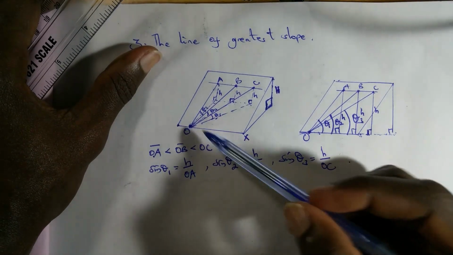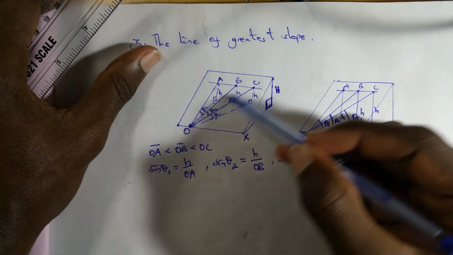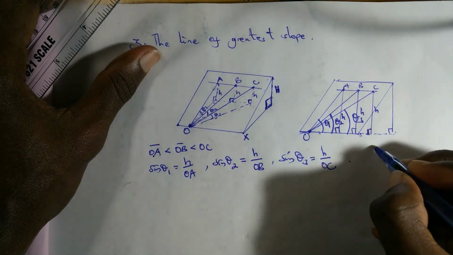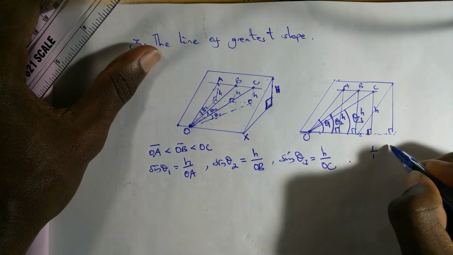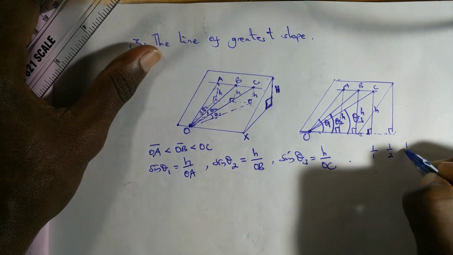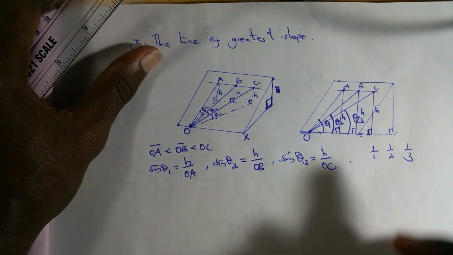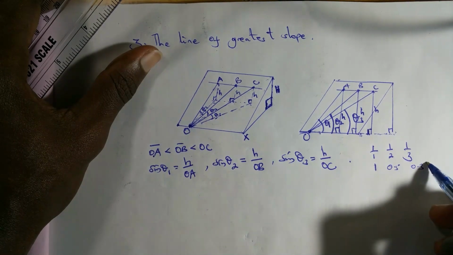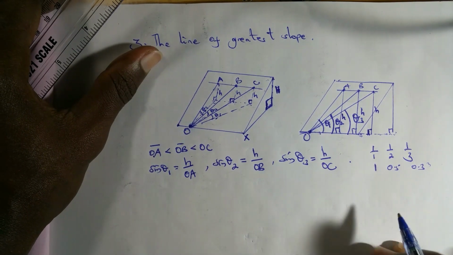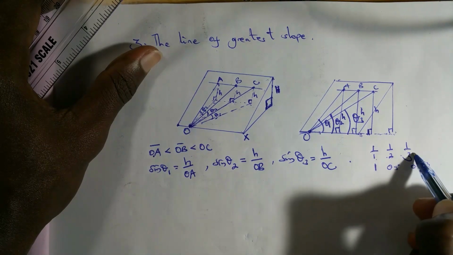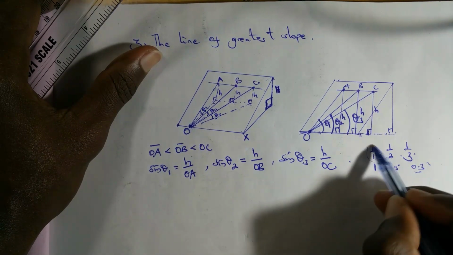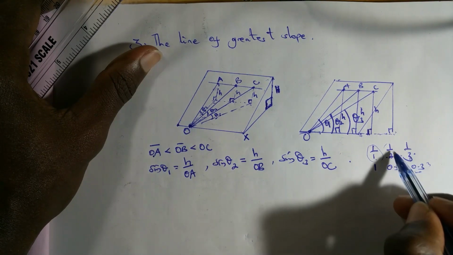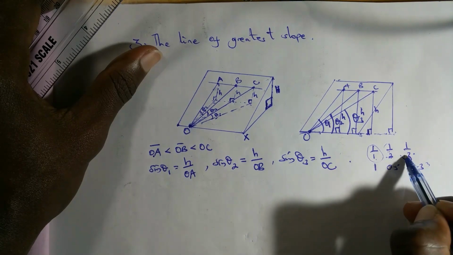Okay, now according to this drawing, you realize that this length is shorter than this, and this is shorter than that. The longest is actually OC. Now, let me give you this. If you have 1 out of 1, 1 out of 2, and 1 out of 3, you find that this is 1, this is 0.5, and this is something like 0.33 recurring. Now, you realize that as the denominator increases, the smaller the whole value is. You see that 3 is bigger than 2, but 1 out of 2 is bigger than 1 out of 3, because